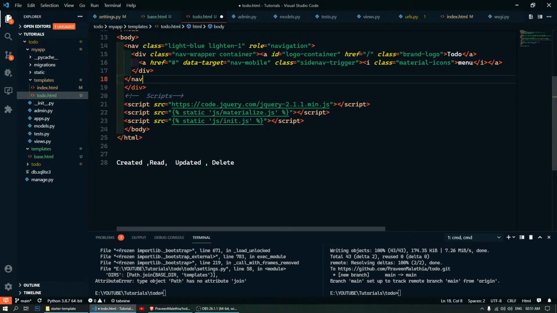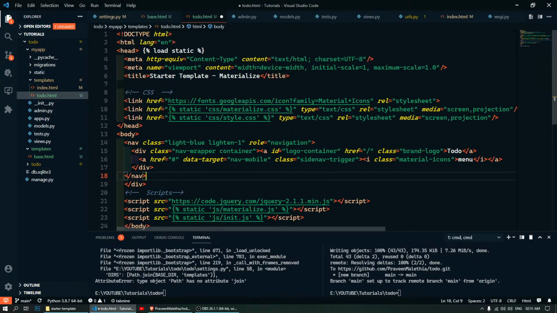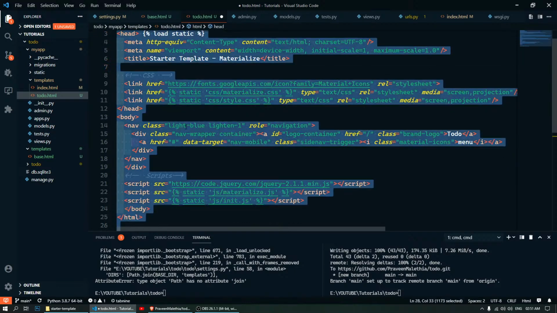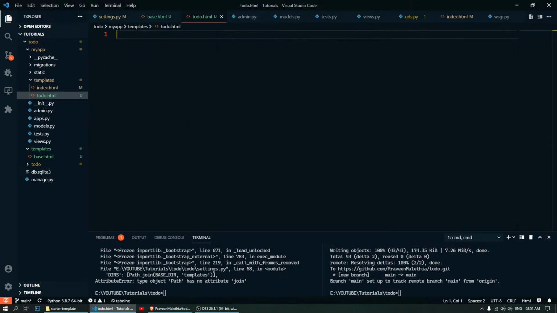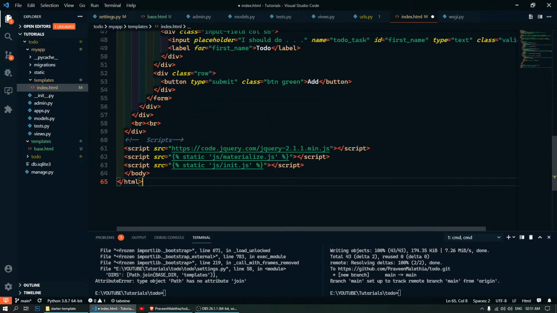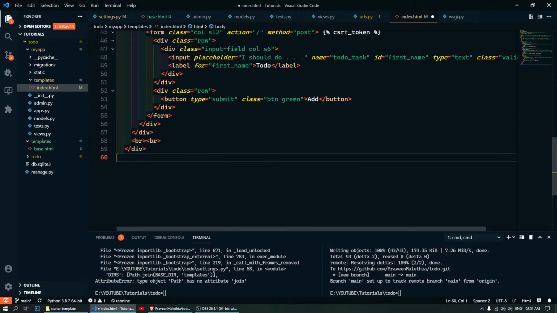What this will do is you really don't need to import these files again. So let me just do it here. You can remove these